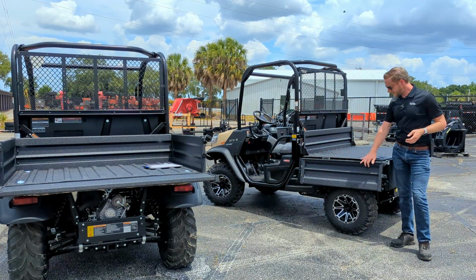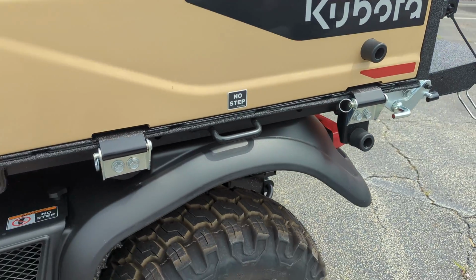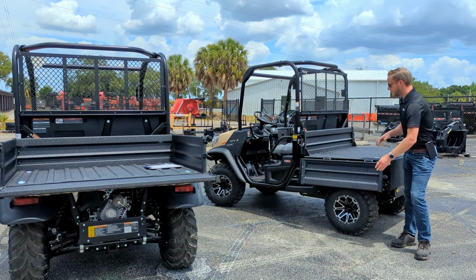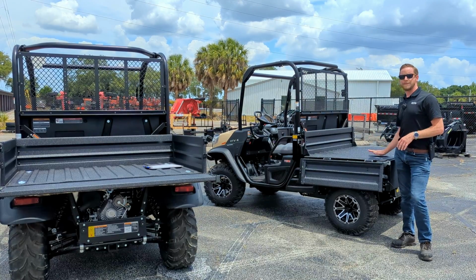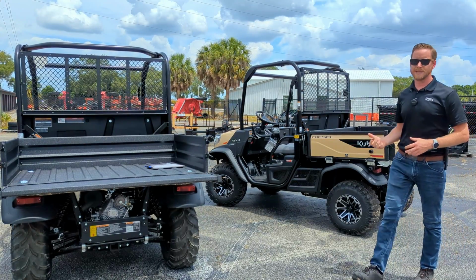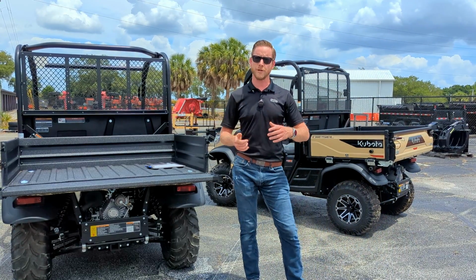In our side gates here, we have two locking pins in the hinges that are secured with this ring here. We can pull these out, and then we can also remove these sides entirely, and we'll have just the flatbed option. Now, Kubota calls this option Pro Convert, and it can be very useful for professionals who need to use